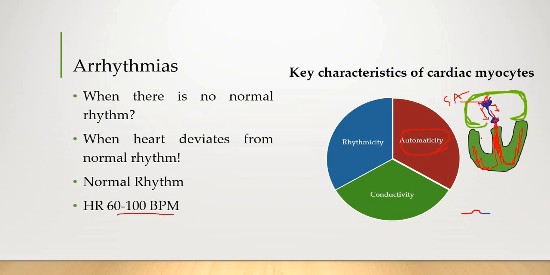Once the auricle depolarizes, a P wave is generated, and then it is followed by depolarization of the bundle of His. Remember, it's passing through the atrioventricular node, so it's going to produce a Q wave, and then both sides, the Purkinje fibers, are depolarized. This influx of sodium leads to the generation of the QRS complex, and this is followed by the repolarization phase, which means generation of the T wave.